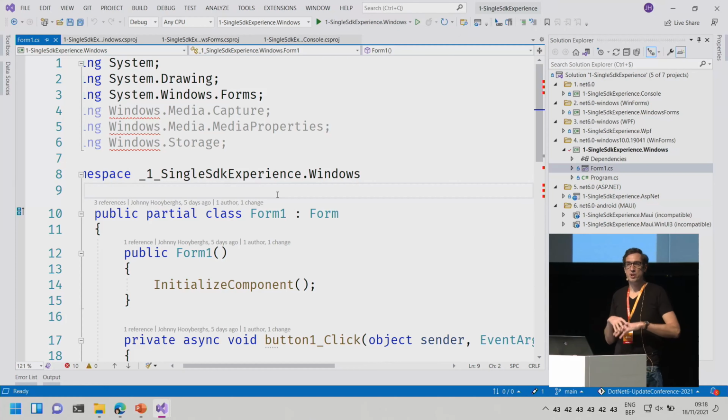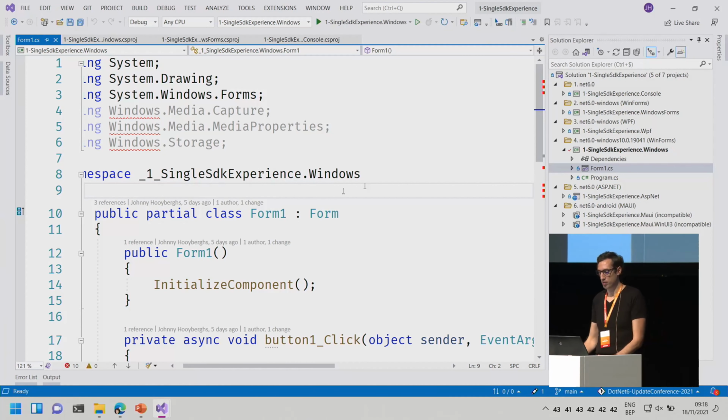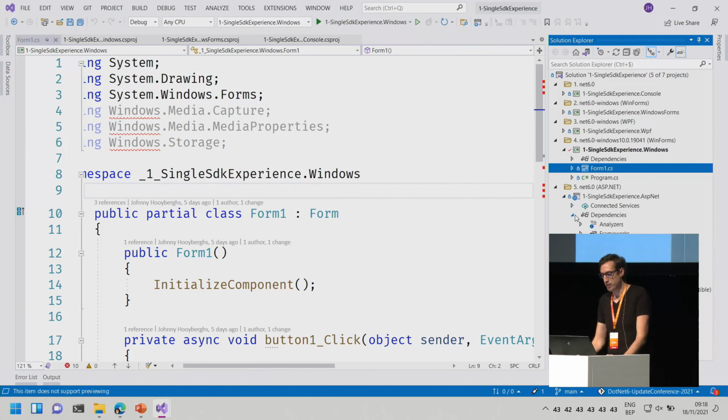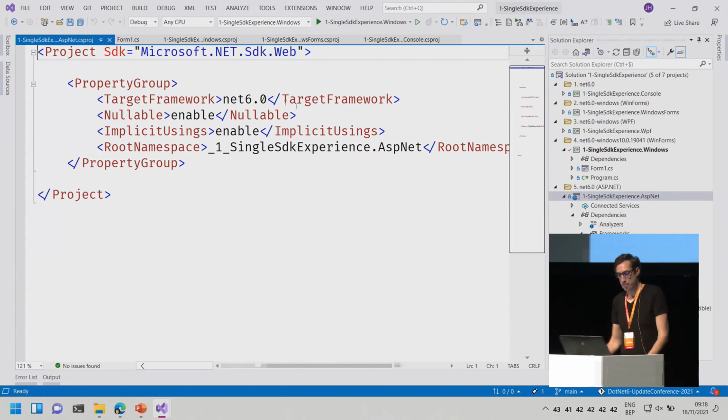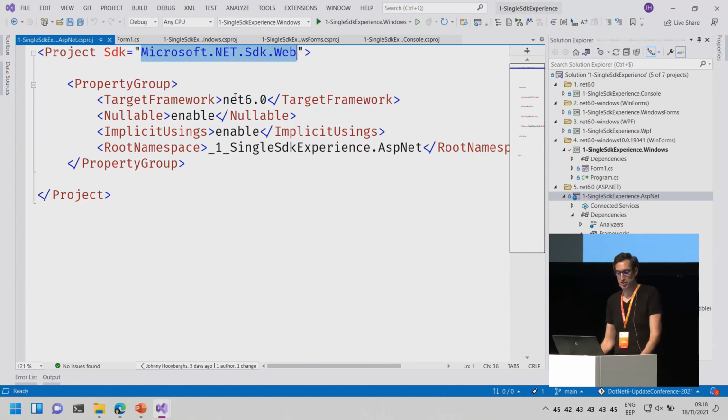So for us as developers, it becomes very easy to specify which parts of the .NET platform I want to use, and then they just become available. So very powerful stuff. And of course, there's stuff like ASP.NET. If you look at ASP.NET and then the framework dependencies, there's the additional ASP.NET Core package, which is also defined by the SDK moniker at the top. So we are still using .NET multi-platform, but now the SDK is not just the .NET SDK, but we have the additional .web, which provides an additional package for web applications.